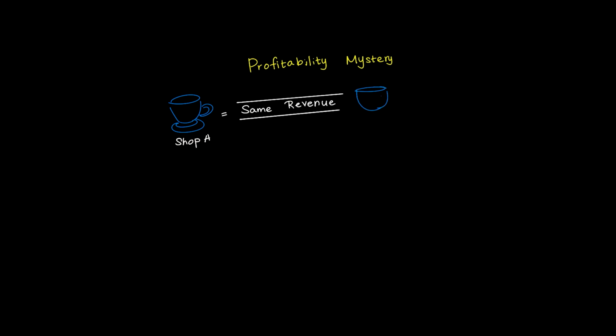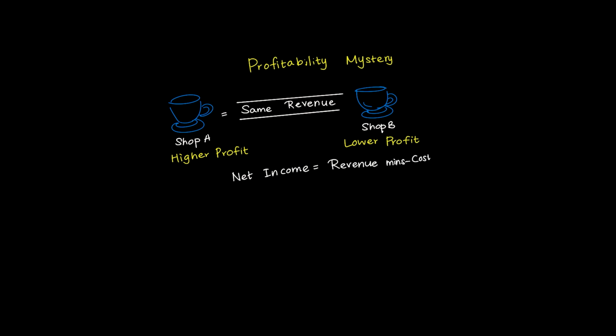Here's an interesting profitability puzzle to solve. Two coffee shops are selling identical beverages at exactly the same prices, and they're both bringing in the same total revenue. Yet shop A is walking away with significantly more net income, more profit at the end of the day. How is this possible if their sales are identical? The answer lies in cost management. Net income equals revenue minus costs. If revenue is the same for both shops, but shop A has higher net income, then shop A must have